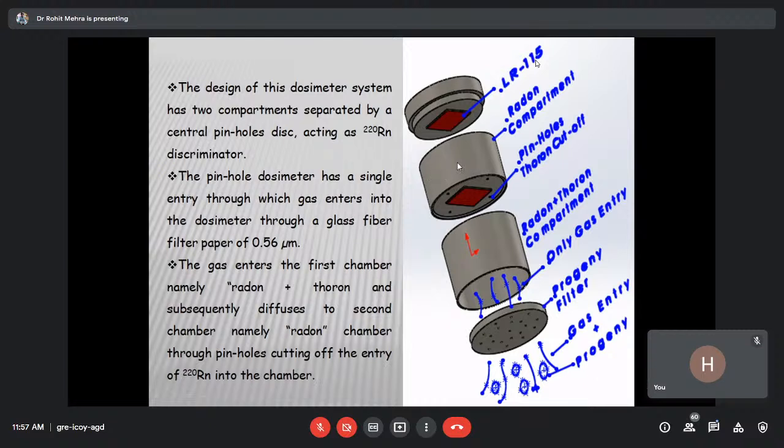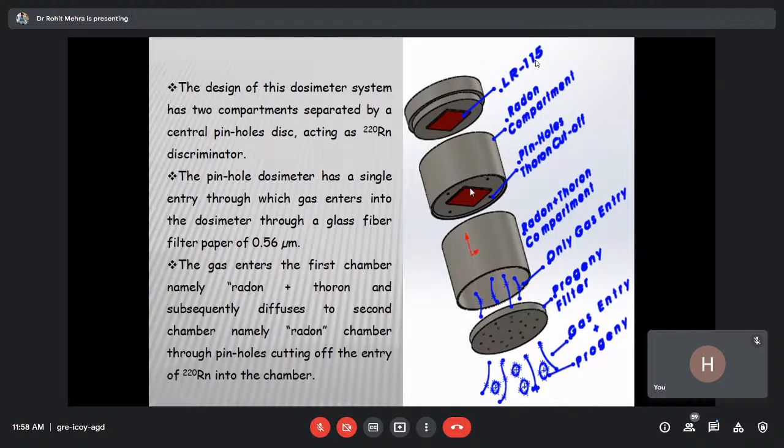So we have a total effect of radon plus thoron. Then from this detector, we have an effect of radon only. And then by subtracting that effect, we get the effect of thoron. Now, the purpose is very simple. As I mentioned, it is sensitive to energy of the order of 4.7 MeV. Once the alpha from the polonium, which is of the order of say 7 or 6 MeV, strikes this material, as it passes, its energy reduces and comes to the detection limit. So it creates a track.